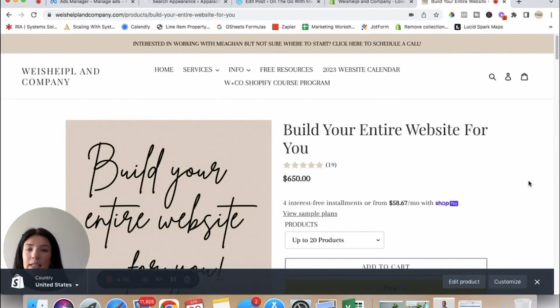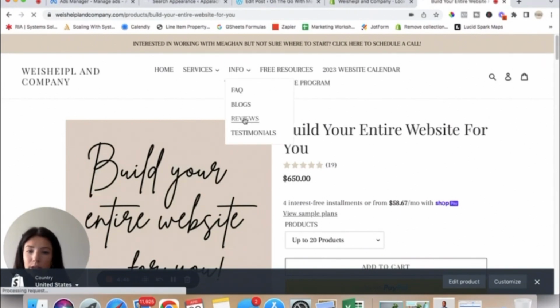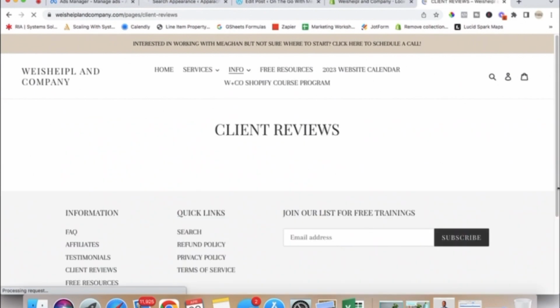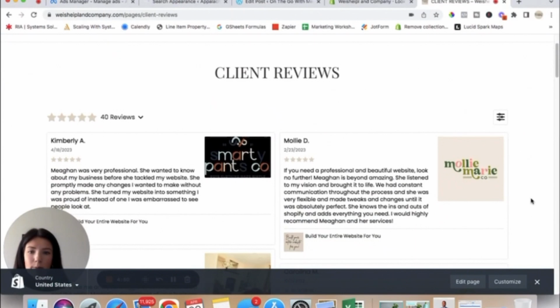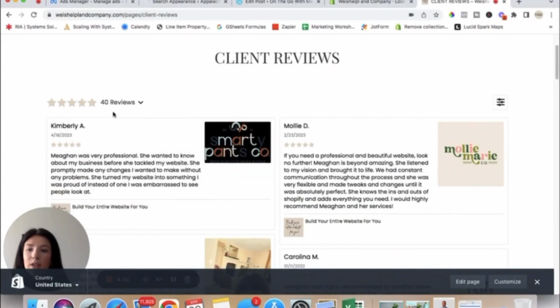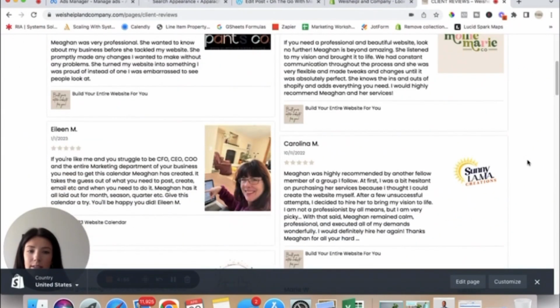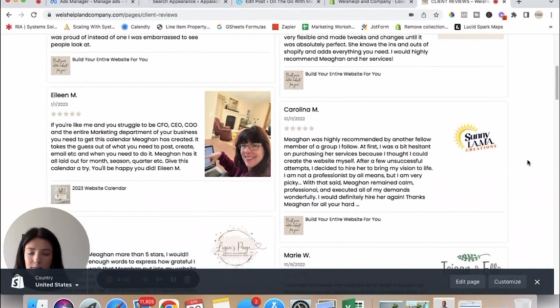And then another thing that I love that Loox allows you to do is you can create an entire review page. So it's a page dedicated to just all reviews, and you can link it to your menu bar. So under info, I have a reviews page. So if I click on that, now you will see all of my reviews. So with the Loox app, I have collected 40 reviews, and you can go through and you can see,